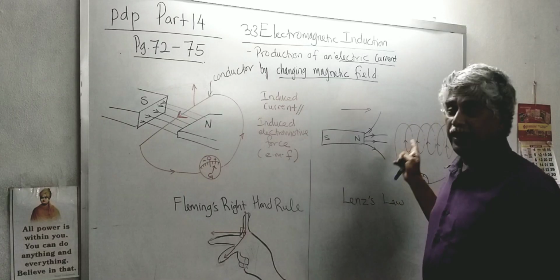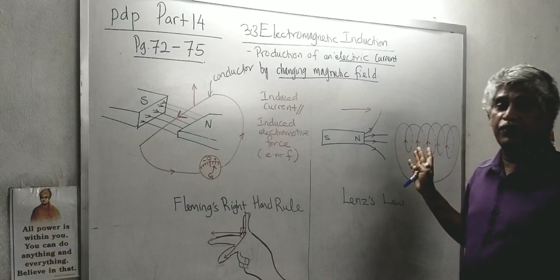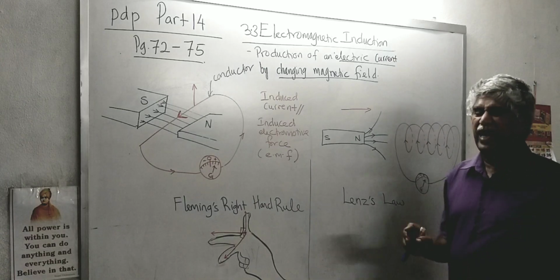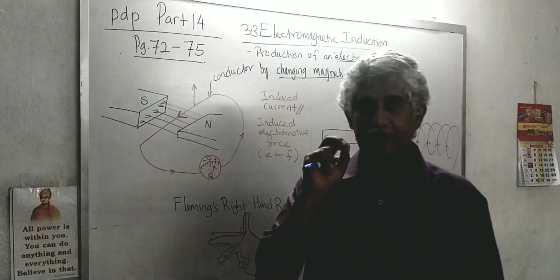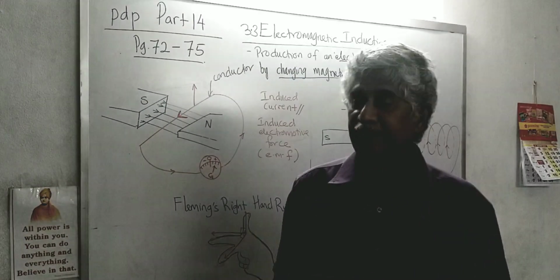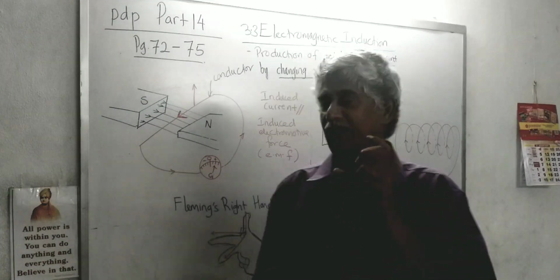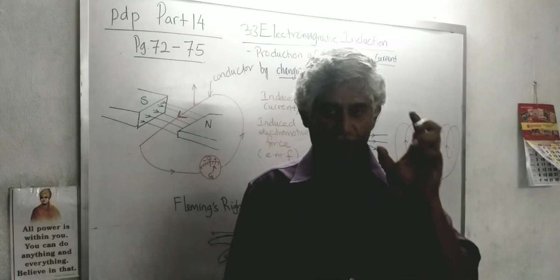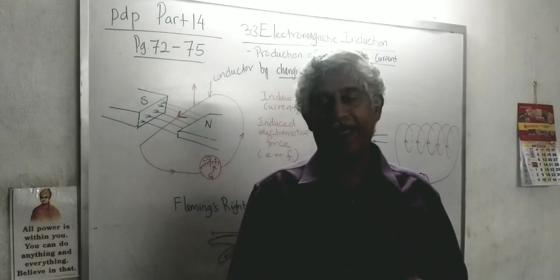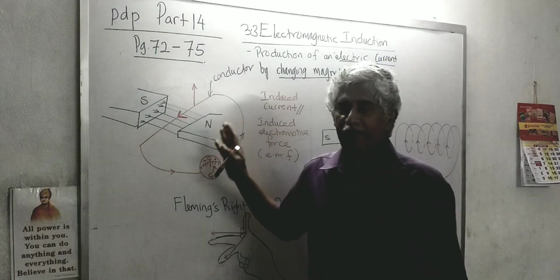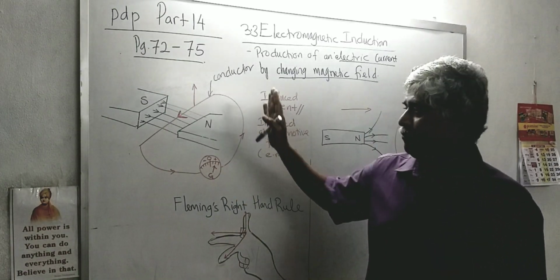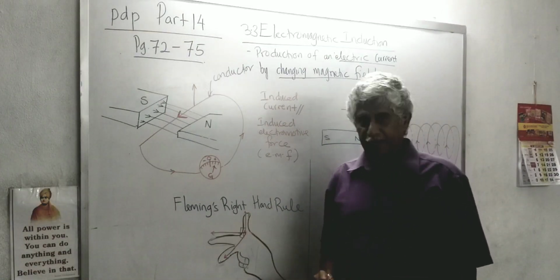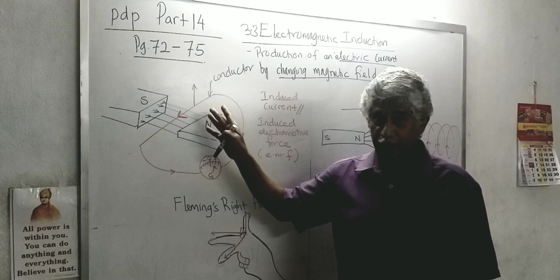Whereas over here in the solenoid, we can't use Fleming right-hand rule, but instead we use Lenz's law. Lenz's law is a bit abstract. I will teach that in the next class. Since this is a very short lesson, just after the break, I don't want to have a long lesson, so just to get moving. Today we learn a very simple concept of electromagnetic induction and also how to apply the Fleming right-hand rule.